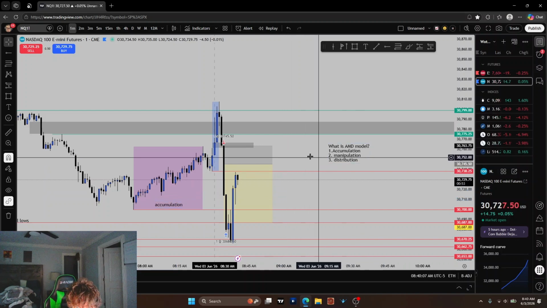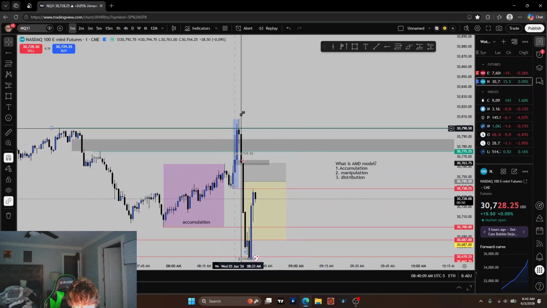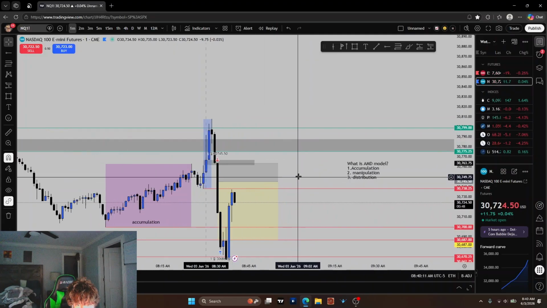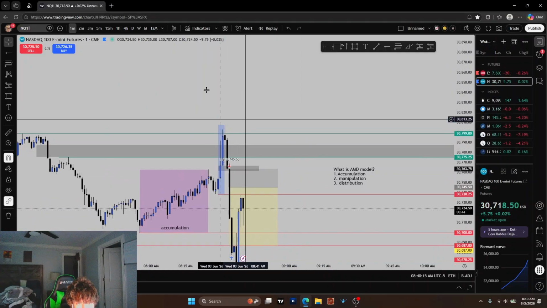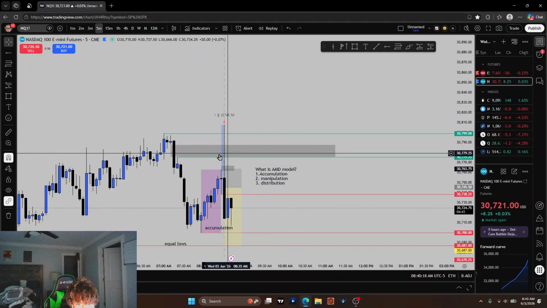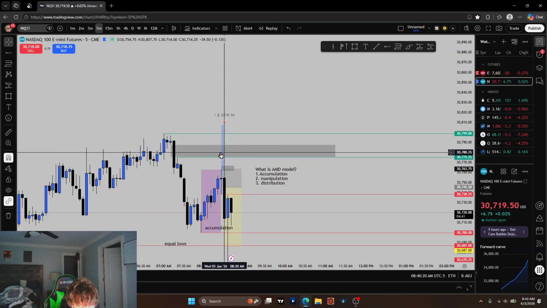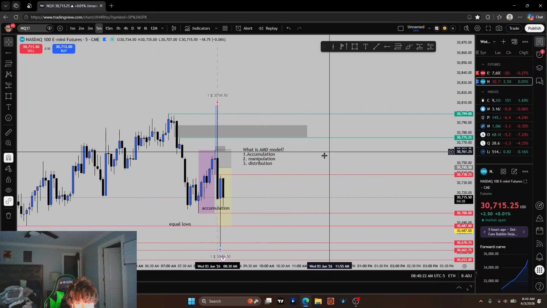Next up, we have manipulation. What are we doing? We are manipulating, right? We have market open, right? We come up, we take this high. Not only that, but we are also delivering out of this 5-minute gap. We are in premium, right? So if we draw our fib,